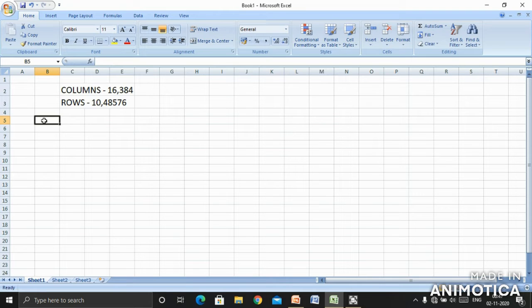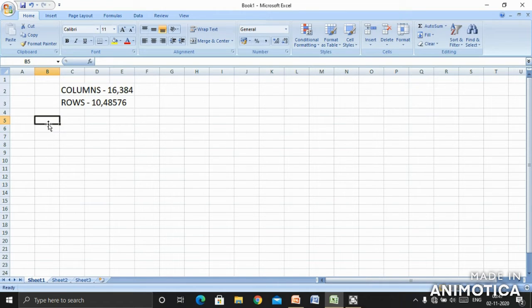It is a combination of the column and the row. Here 5 is highlighted and B is highlighted, which shows that we are in column B.